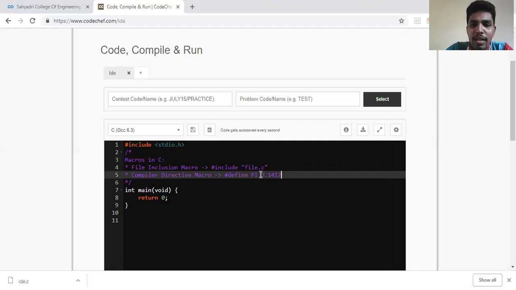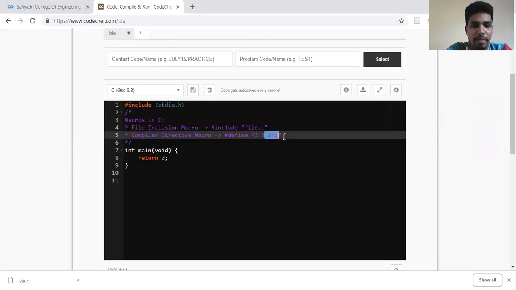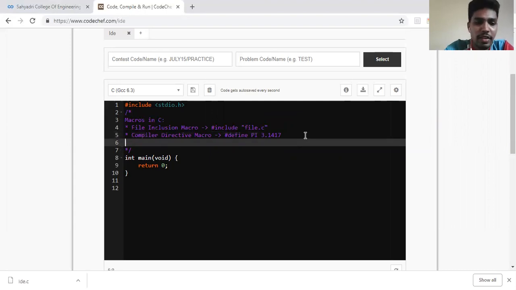This is similar to defining a constant with the name pi. Wherever I have pi in my program, this value gets replaced. But what's the difference between a constant variable and symbolic constants defined using a macro? Anywhere in my program, if I don't want it, I can undefine this component and redefine its value. We'll see those procedures also in the code which I'll be illustrating.